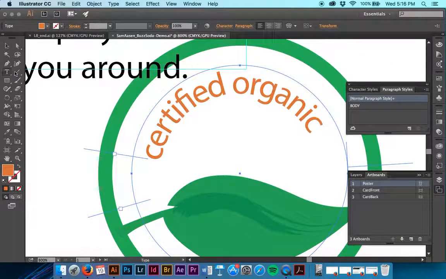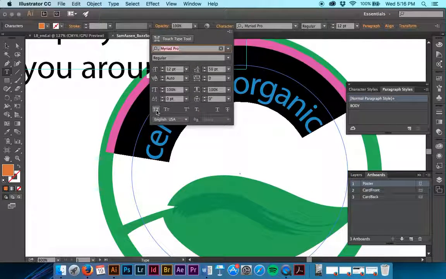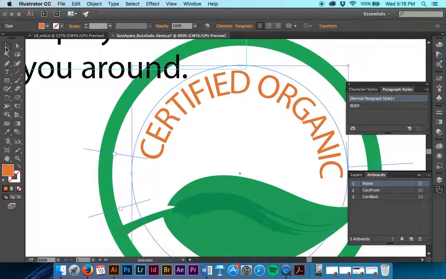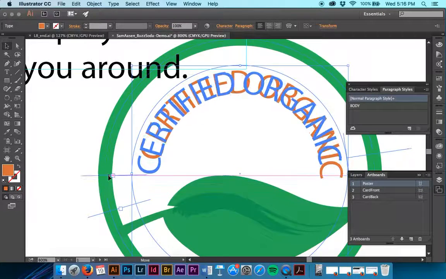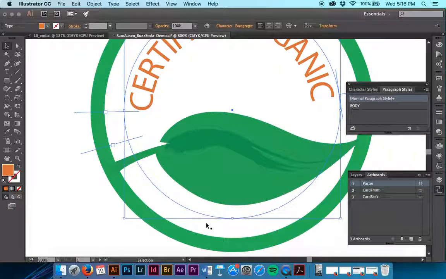And actually, that's not all caps. So I'm going to pull up my character panel. There we go. That changes my spacing. And right there looks good. So we're going to deselect,